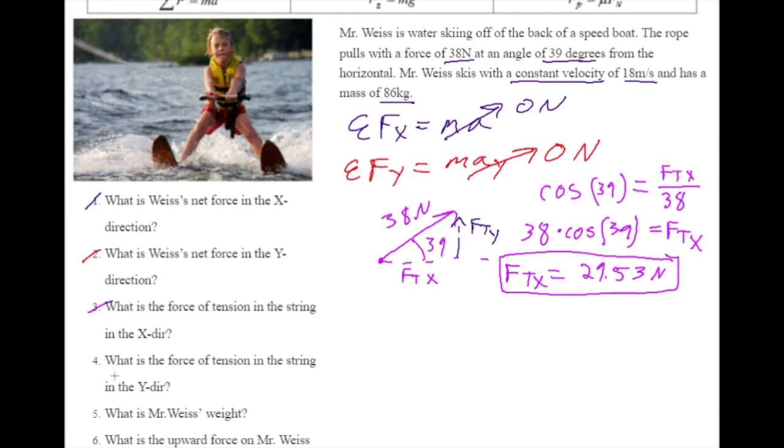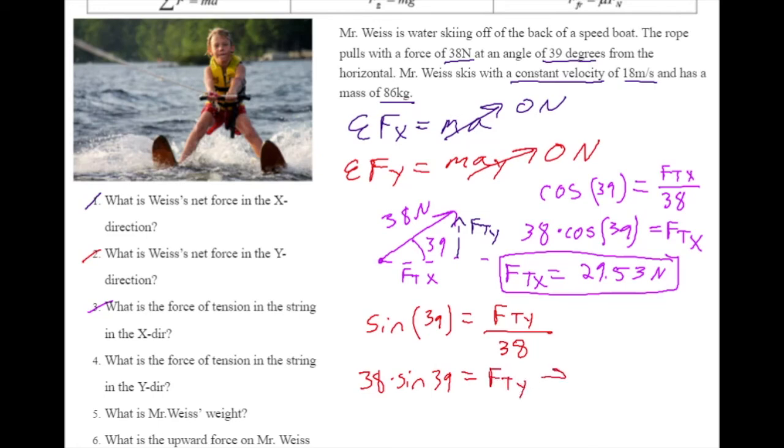Alrighty, number 4. Number 4 says, what is the force of tension in the string in the y direction? There are 2 ways we can solve for this. We can do the trig again, or we could just do a squared plus b squared equals c squared. But let's just keep rolling and use our trig. We notice that FTY is the opposite side. So that means that sine of 39 degrees is going to be equal to the opposite, force tension y, over the hypotenuse, which is 38. Multiply 38 over, just like we did before. We get 38 times sine of 39 is equal to force tension y. Plug it into our calculator, just like we did, and we find out that force tension y is